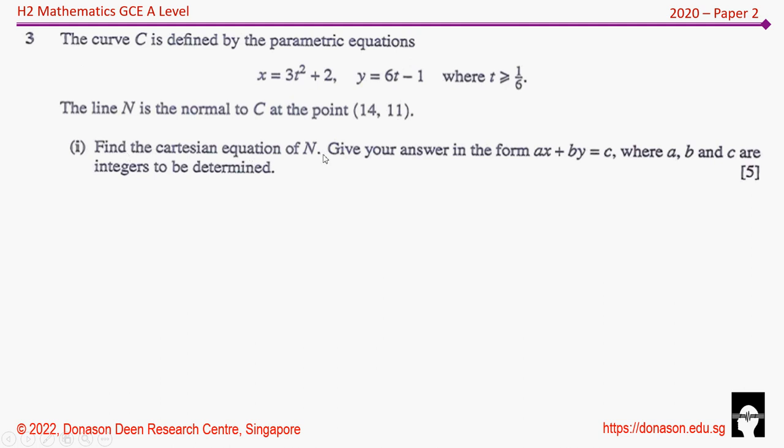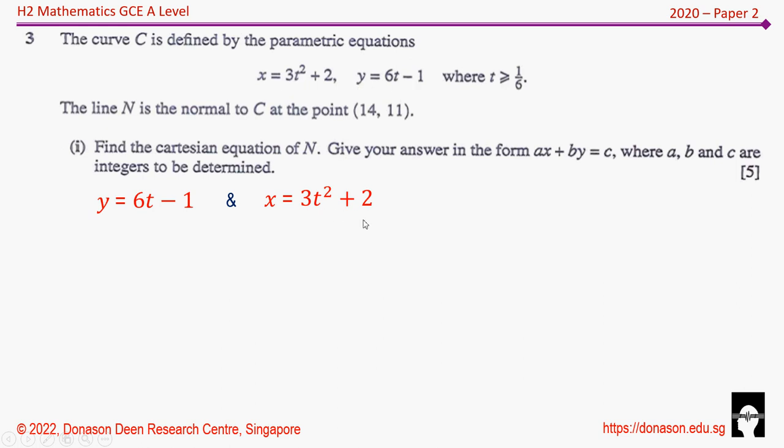We need to find the Cartesian equation of n, which means the Cartesian equation of the normal, and then convert the equation into the form ax + by + c = 0, where a, b and c are integers that need to be determined. In other words, you need to find the values of a, b and c. This is worth 5 marks. So y = 6t - 1, which you can see here, and